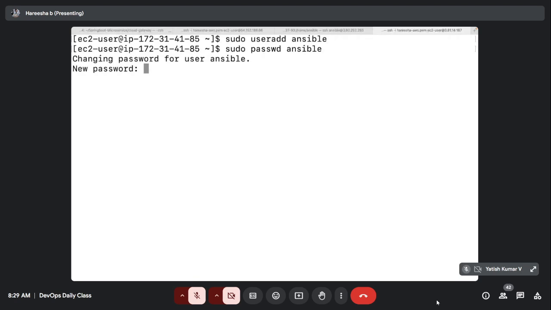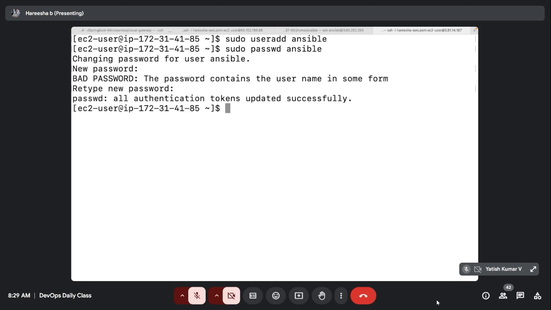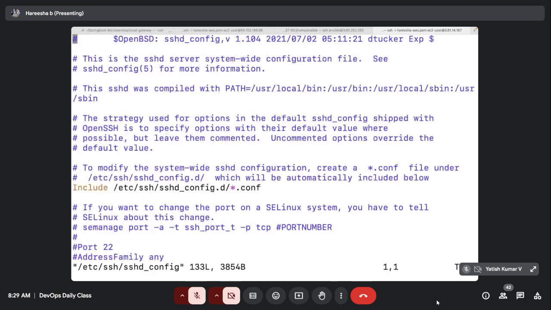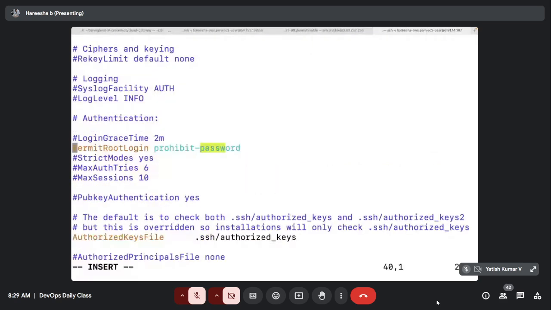See, I need to run the commands multiple times here. Ansible 123. Done. So let me change SSHD config, password authentication. It's a one time setup, so we won't do this again and again. Once it's done, we can just concentrate on our